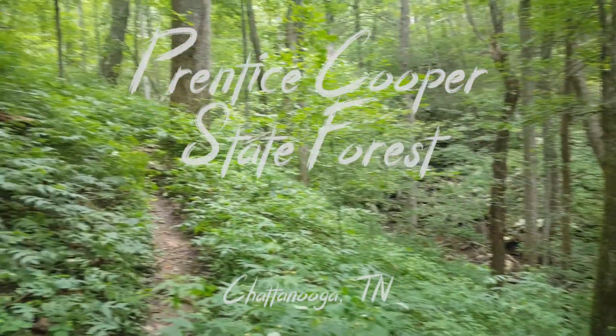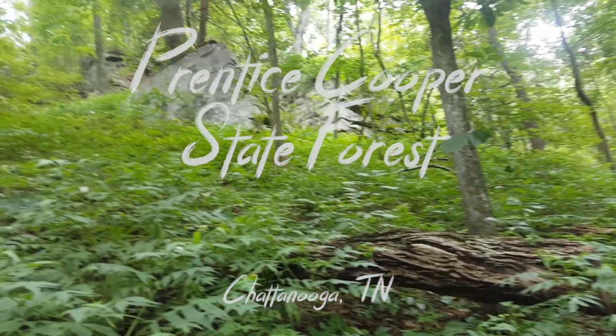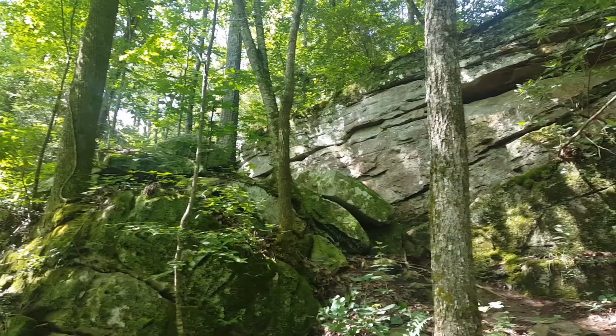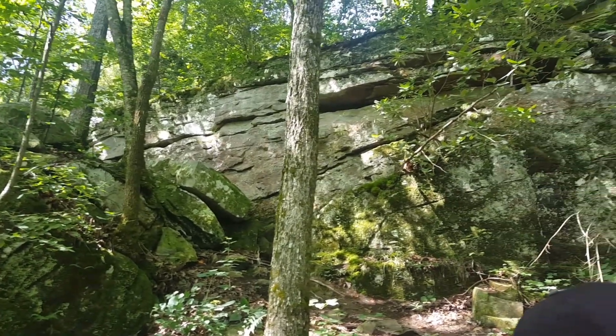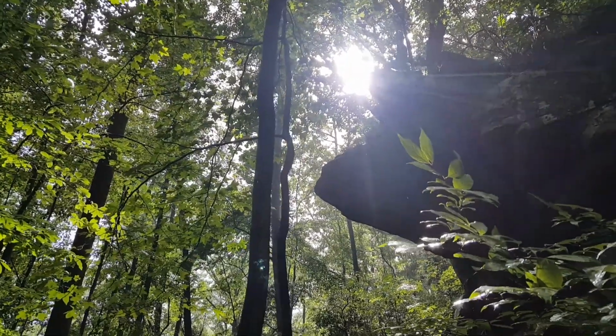The Prentice Cooper Forest lies just outside of Chattanooga, Tennessee, and spans nearly 25,000 acres. The area is perfect for day hikes, trail running, ATVs, hunting, and in some instances, overnight backpacking. We made sure to go during the summer when hunting was out of season and had planned for a 2-day